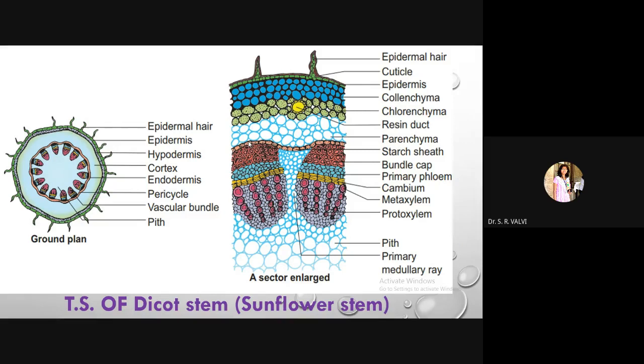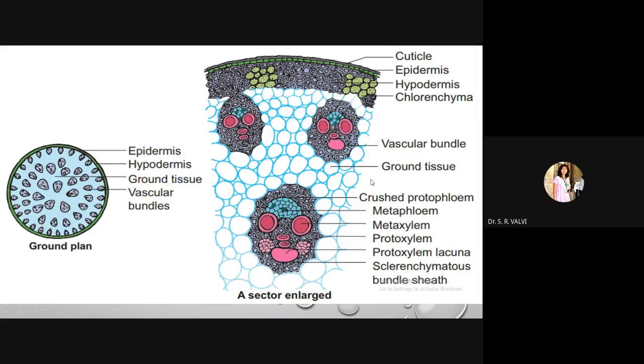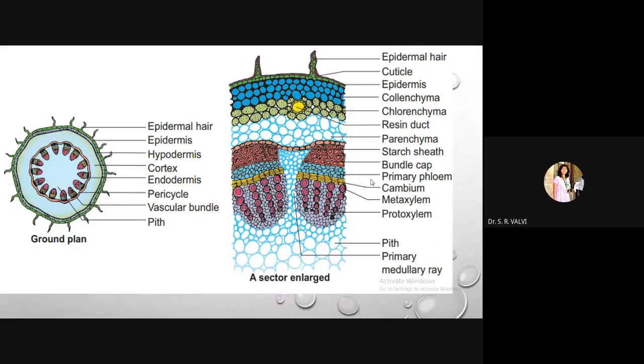So here, this covering is called as what? See the name, it is the starch sheath, or you can say the cover which is going to protect the outermost vascular bundle. So this outermost layer in the dicot stem is a starch sheath, which has starch in it, and which is going to protect the inner main stele region.